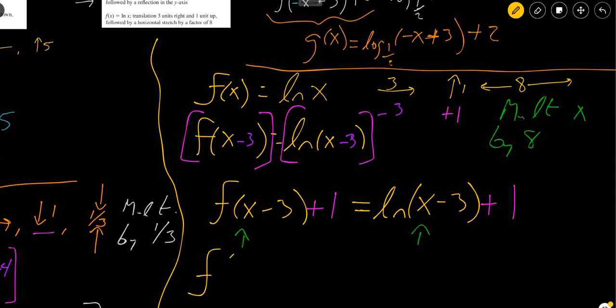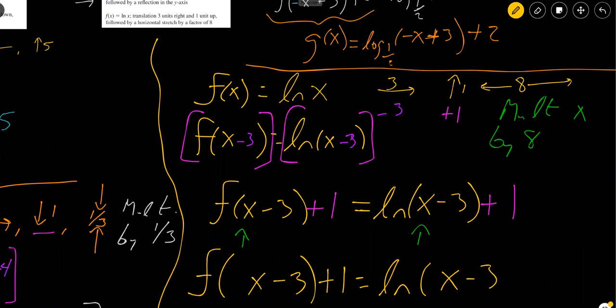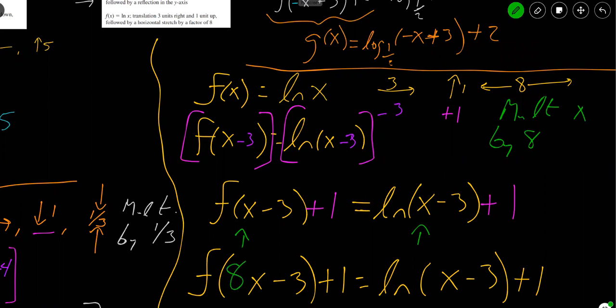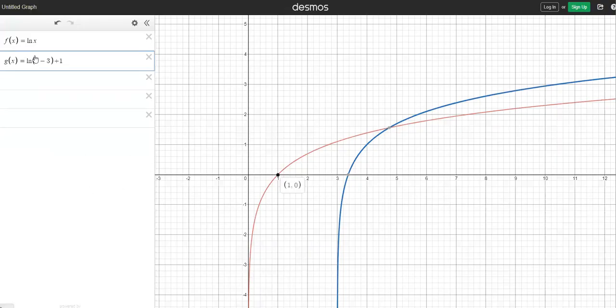So I get f of 8x minus 3 plus 1 is equal to the natural log of 8x minus 3 plus 1. Now, if I multiply this by 8,